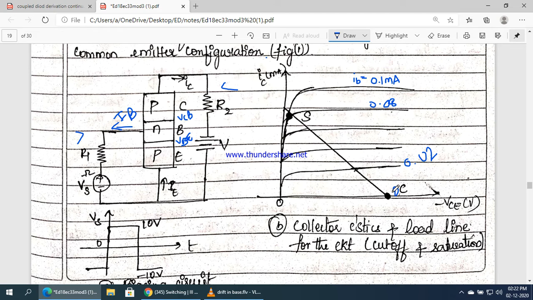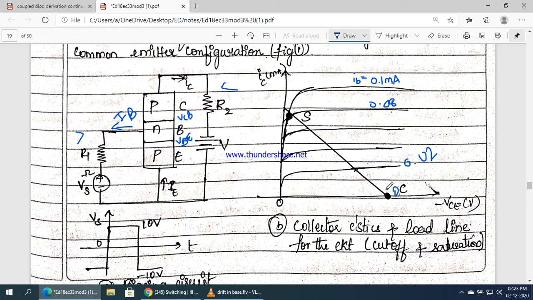Okay. When IB value is 0, the collector current is exactly 0. That is, the operating point lies at C. When IB value is 0, the collector current is 0 and the operating point is exactly on the point C. So that is nothing but no current is flowing in the BJT, base current is 0 or negative. The point C is reached at the bottom end of the load line and the collector current is negligible. So at this point the collector current is negligible. This is the off state of transistor. Clear? This is the off state of transistor.